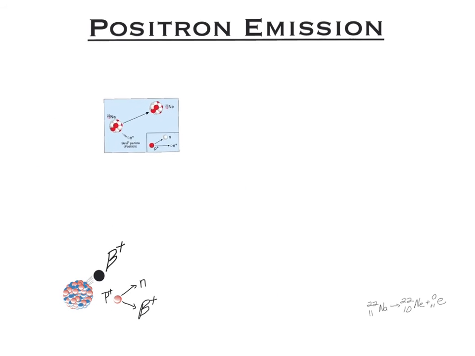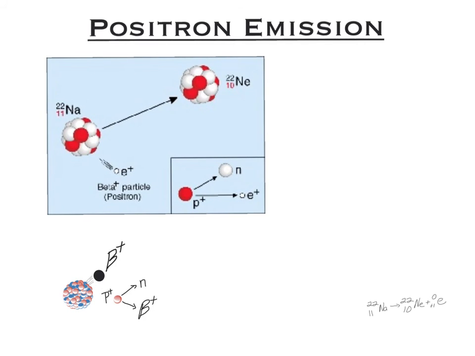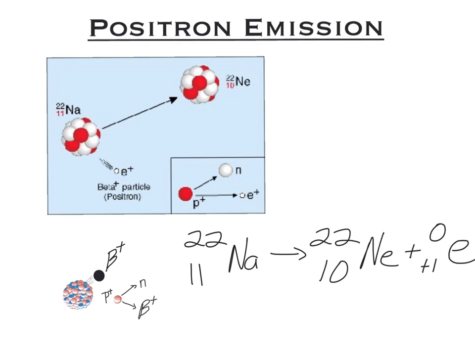Now to look at an actual example, even though these numbers are a little grainy, we have sodium 22. It undergoes beta plus, or positron, decay. We see again that the proton becomes a neutron and a positron, which is another symbol for beta plus. The neutron stays in the nucleus and the beta plus particle gets kicked out. Now, as far as the equation goes,